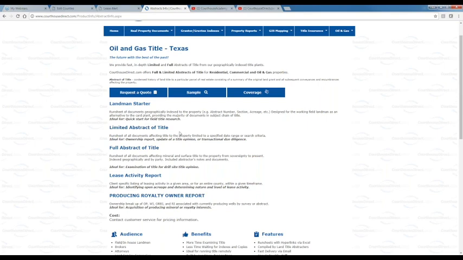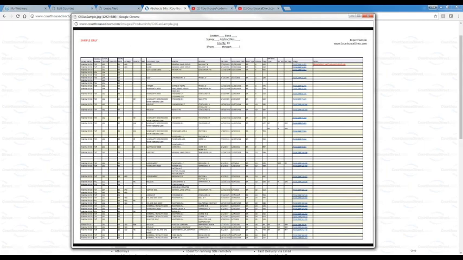In some counties, we're keying every document going all the way back in the plant. In other counties, we're starting with the county information and enhancing it, but we may not call it a full title plant. If I click on this sample here, you'll see your survey name, your abstract number, your section number, the parties' names, the different doc types, the date of the filing, the instrument date, and the recording information, telling you whether it's a deed book or an oil and gas book, whatever it might be, and then the volume and page recording. And then these are hyperlinks to the actual documents themselves,